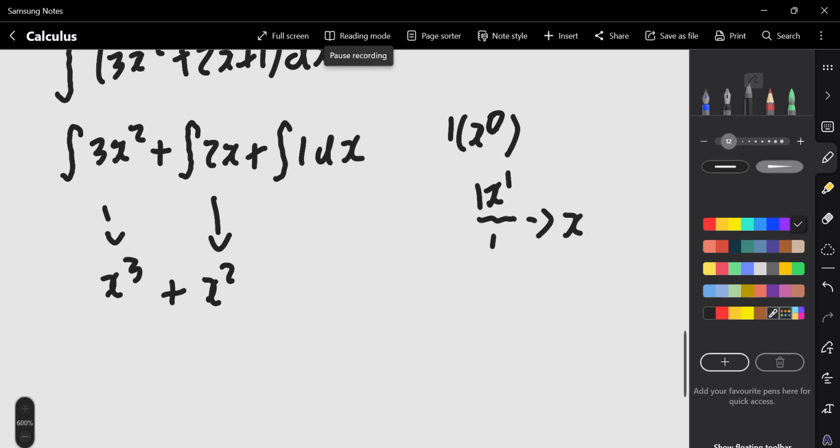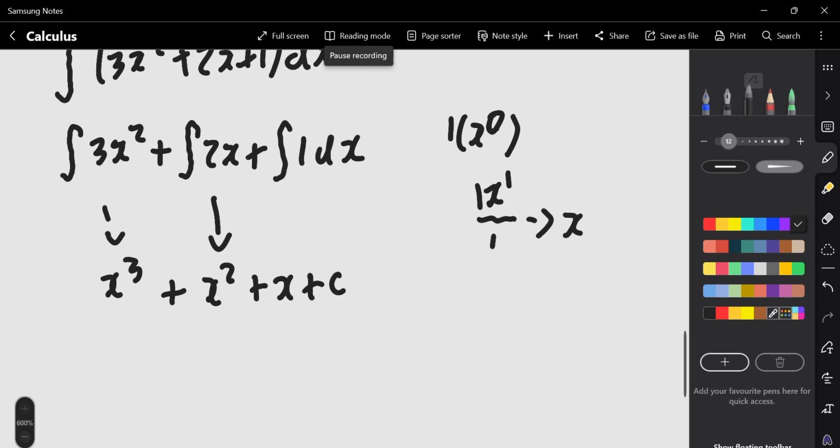And that's where, when you have just a number, you're going to get that divided by that number. So if you have a 5, you're going to get 5x. Sorry, if you have 1, you're going to get x. So this is going to be plus x plus our constant of integration c, because like I said, one of